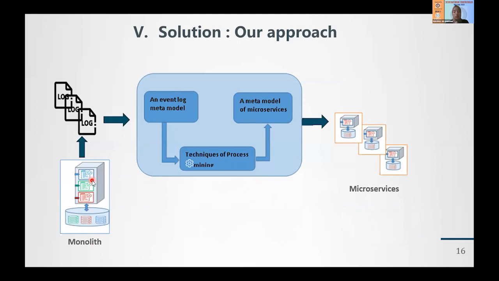So each user tries to do this and this and this, starting by, for example, sign in and contact us, etc. All these steps will be collected in a log file, and afterwards we'll use the technique of process mining,